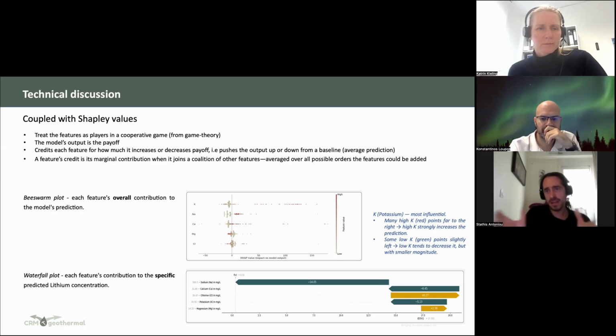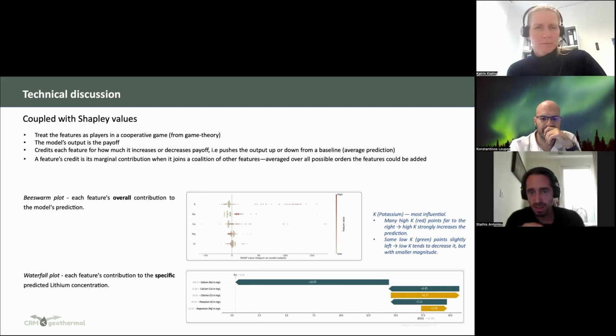And practically, in order to use it, of course, you don't need to know all this. You can just look at the two plots that the tool has. The first one is the beeswarm plot, where you see every feature's overall contribution to the model prediction. So, for example, what does this plot tell you? You can see potassium, the first one, is the most influential feature for lithium prediction. And why is that?